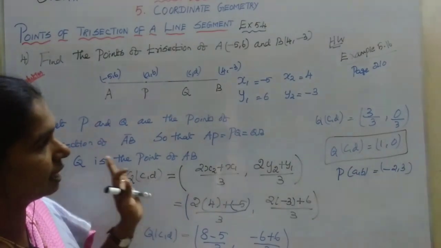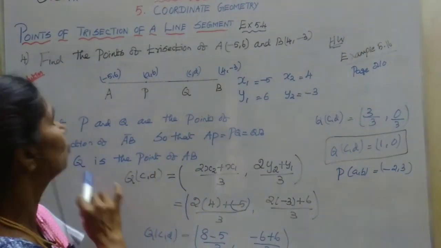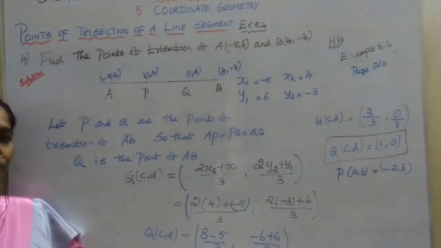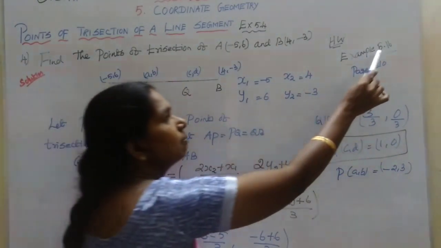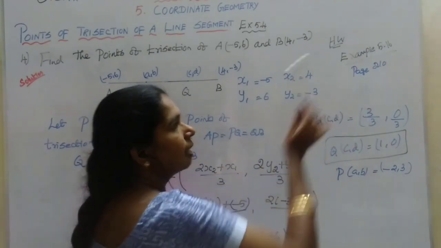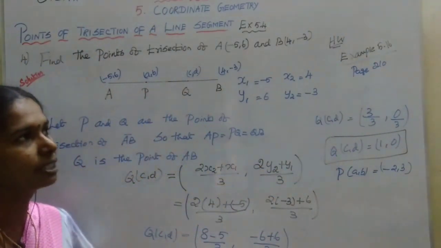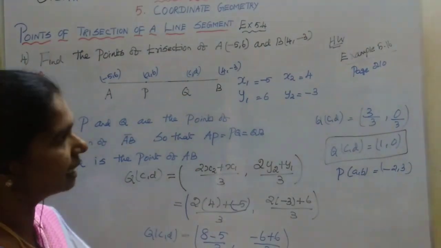Then, after finishing this sum, this is exercise 5.4, fourth sum. I have finished, dear children. So please try this sum, the same model sum. Example 5.16, page number 210. Finish the homework and send it to your maths teachers. Next our topic is